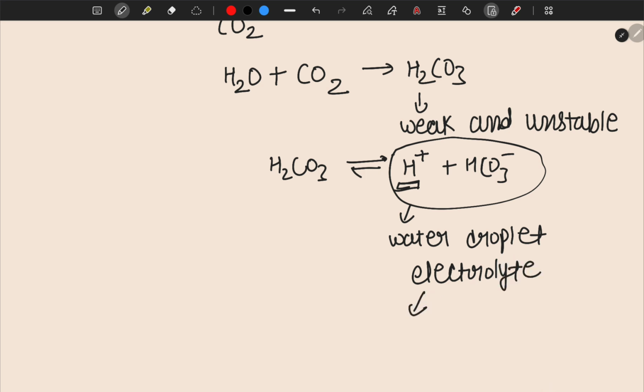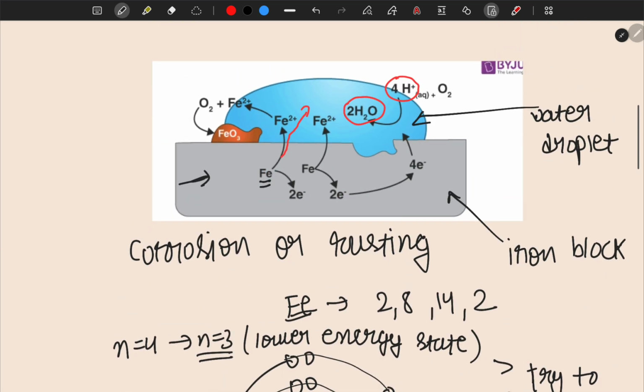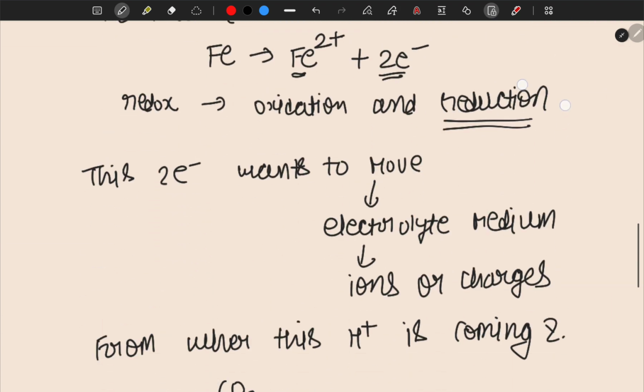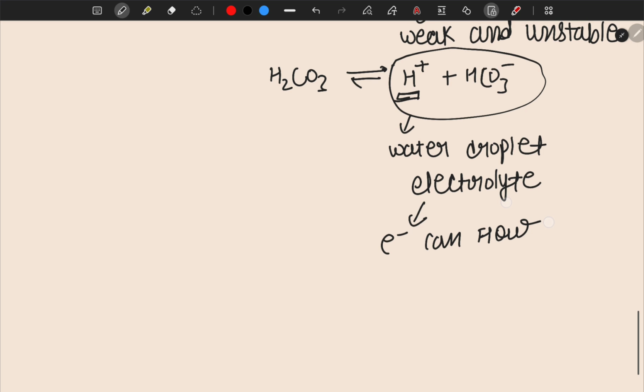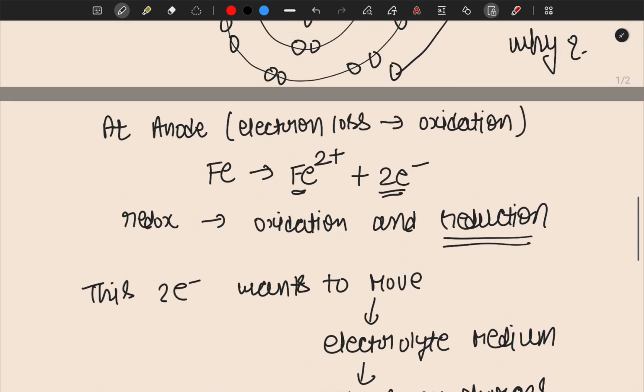So as now we have electrolyte, electron can flow. So now these 2 electrons can flow inside this droplet, because we have electrolytic medium, because we have H plus and HCO3 minus ions. So now these two things happen. Now coming back again to this particular thing,